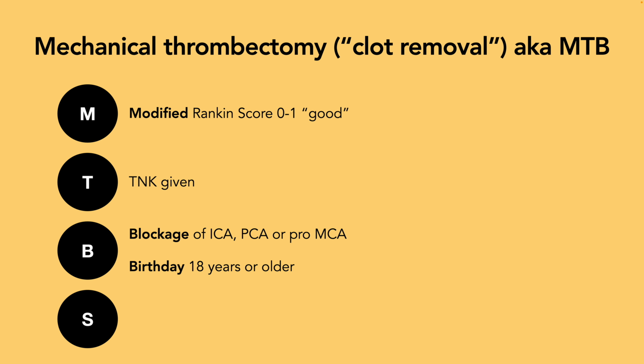So note what you can't give it to, so distal MCA, ACA, although there's a lot of trials being done on those. How distal can you go with the MCA? And they're for adults only, okay? And then they need to score 6 on both the aspect score, which is a CT head score, and the stroke scale score, as we talked about.